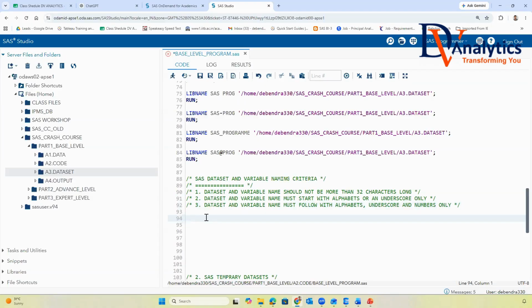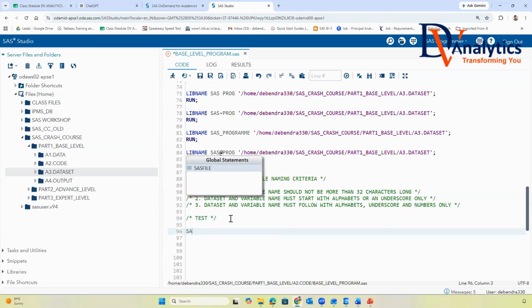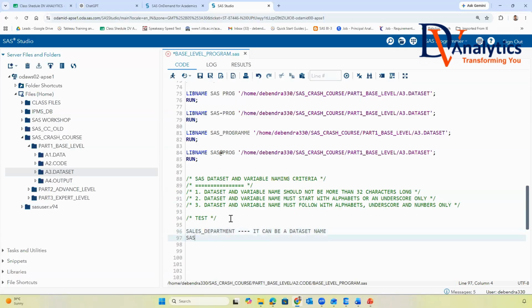For example, if I write sales underscore department, can it be a dataset name? Yes, sir. It can be a dataset name as per the criteria. If I write sales hyphen department, can it be a dataset name?